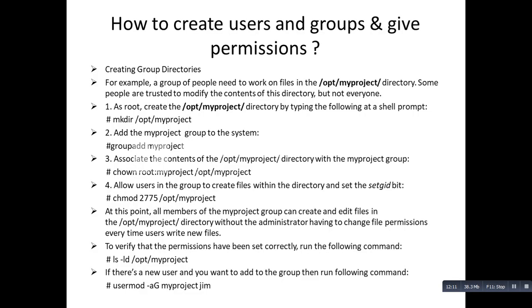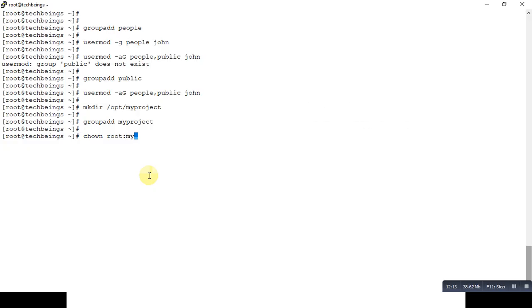I am associating this group with this directory so that the members present in the myproject group can easily access this directory. Okay, so that is done.